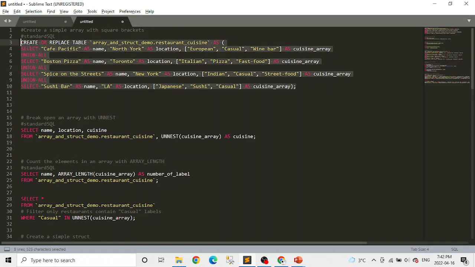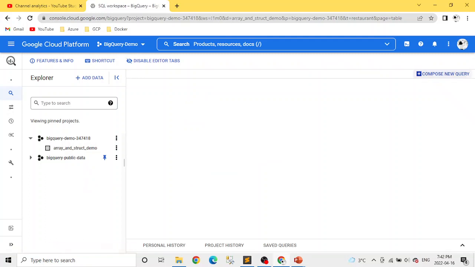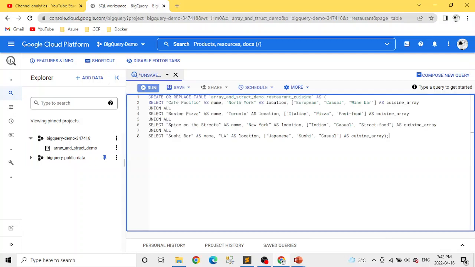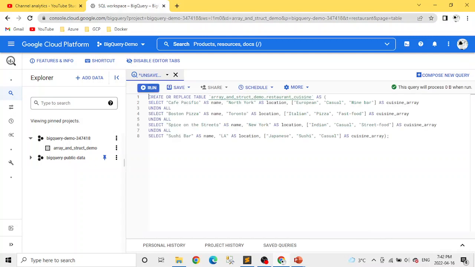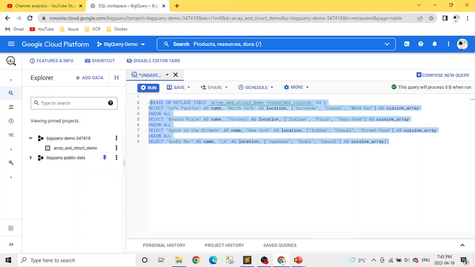So let me create this very quickly. If I go here, new compose query, this is my project, this is my dataset, so I already created the dataset. Let me copy paste my query. And if you remember from last time, how we call a table in our from statement, it's always dataset dot whatever the table name you want to put. Okay, if we run this,